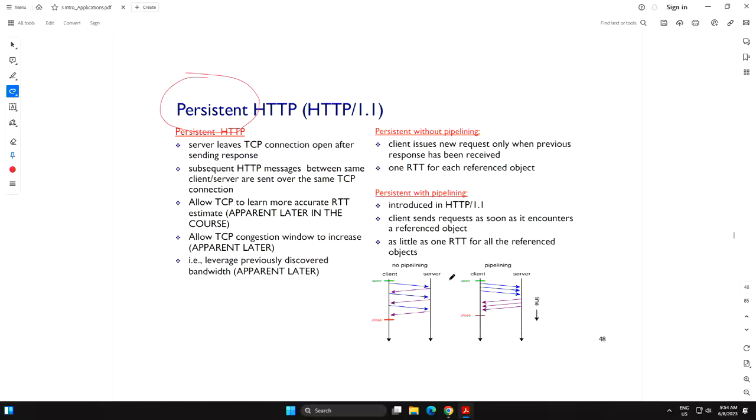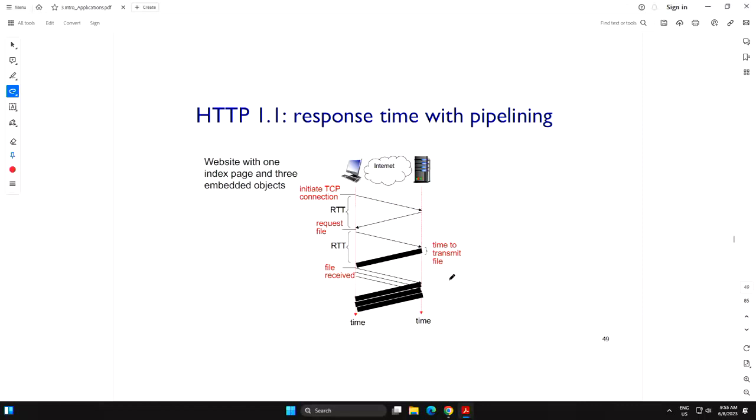What I want to show you is that in persistent, there are two ways to do persistent. One is pipelining, and one is not pipelining, right? And they will also affect your experience, the delay time. So we'll start with pipelining.